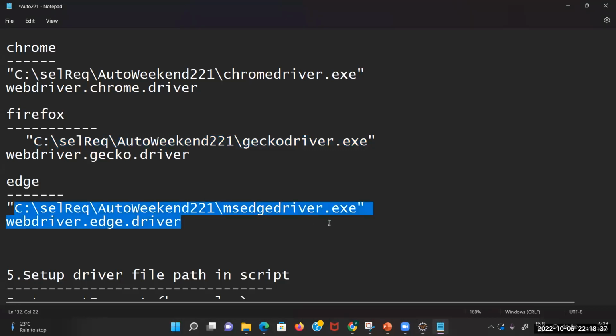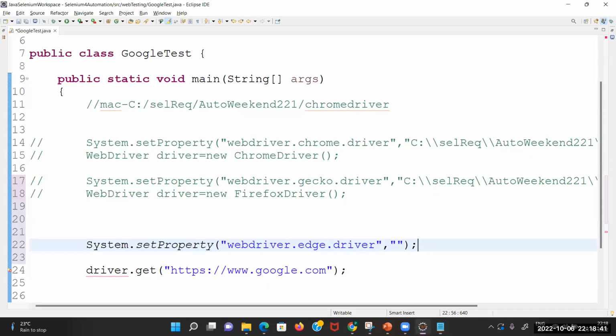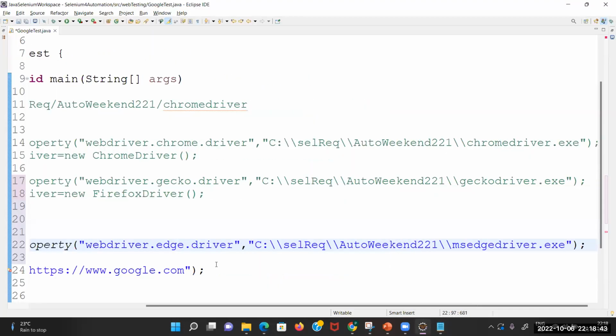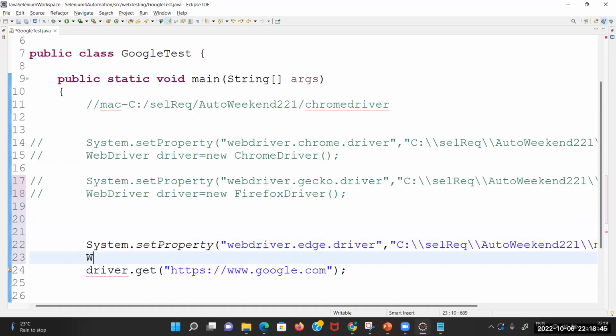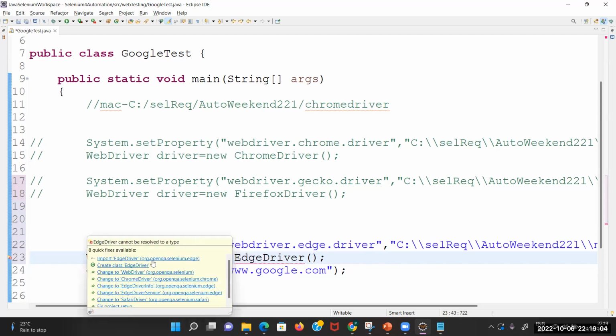So this is the process by which you can add the path of a driver into your project. And can you see? I can add it, and this time I have to launch my driver. So let me write again WebDriver driver. It is equal to new, the parent reference and the child object. So I'm going to use EdgeDriver as a child this time. Remember, write a proper class name and then you can import it. So I'm going to import from the same